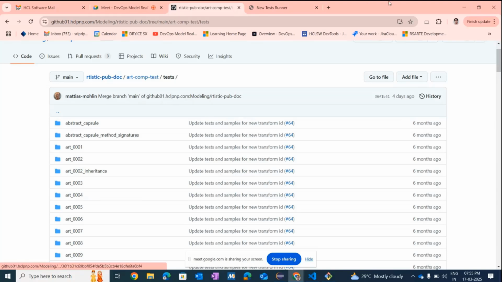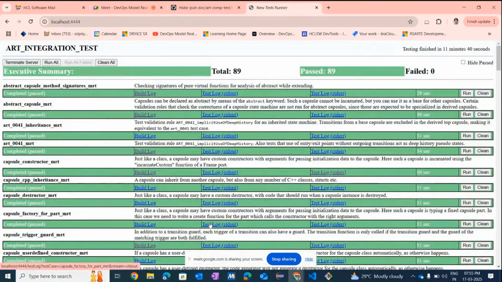I have rerun the integration test now, and you can see that the test results are populated as shown here. As mentioned, this would be useful for the target RTS regression testing, and it would be available from next sprint onwards.